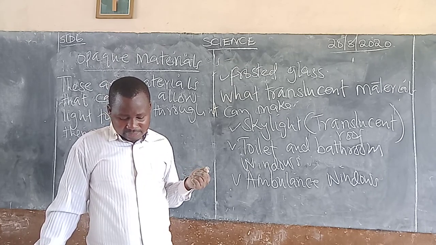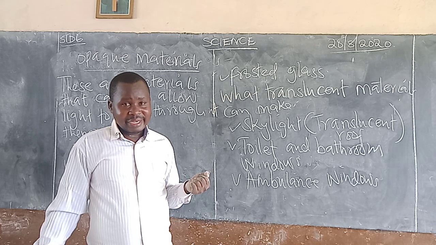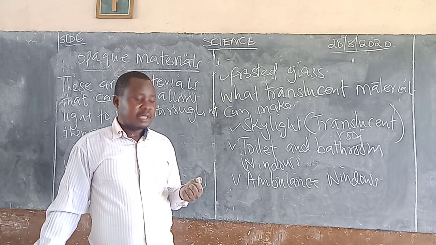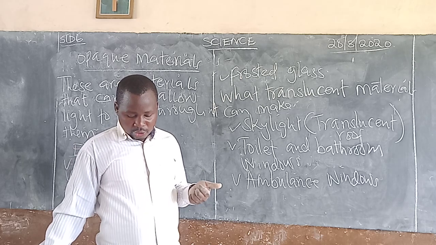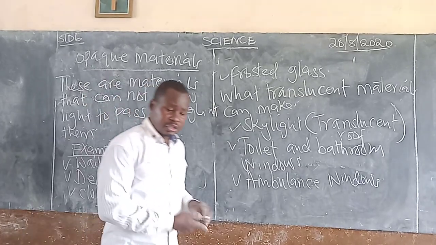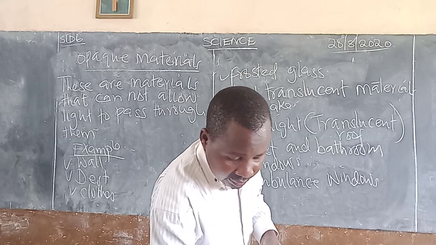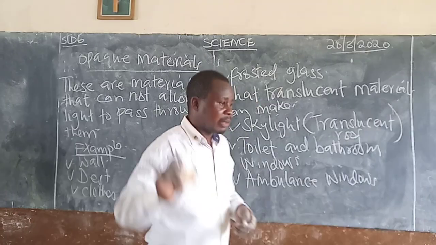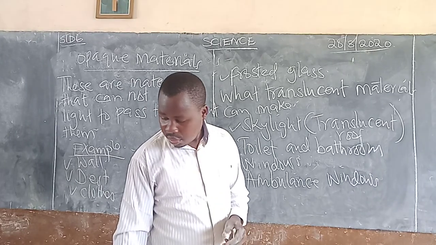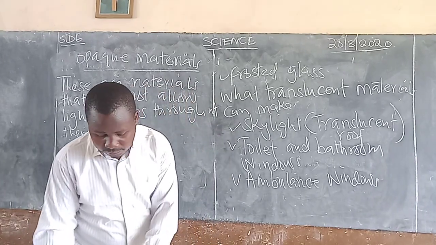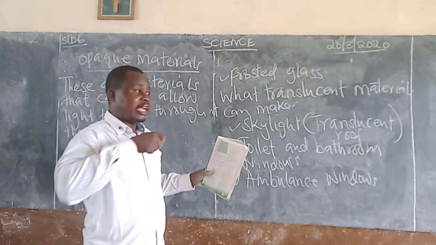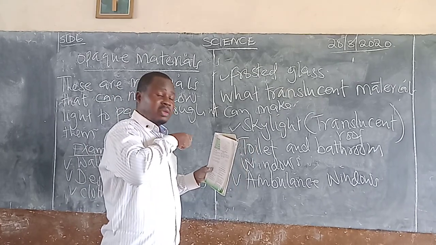Now to identify transparent, translucent and opaque materials, how do we identify them? One, when we have a torch, we shine a torch against the following materials. If this is my, let me see this one. This one is my padlock. Or I might have a book. If I have a book like this, when I shine a torch against the book,